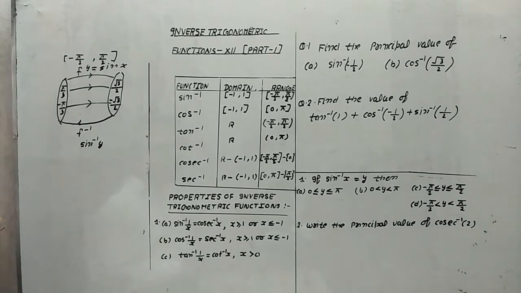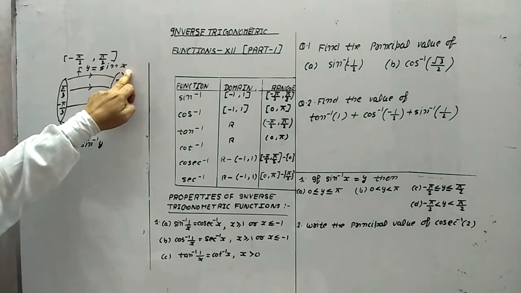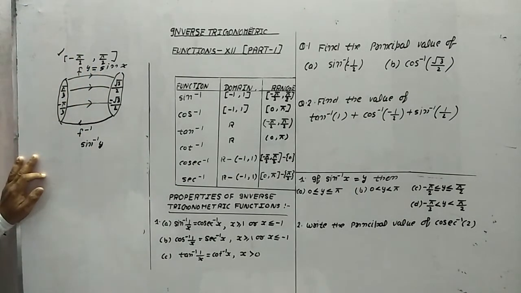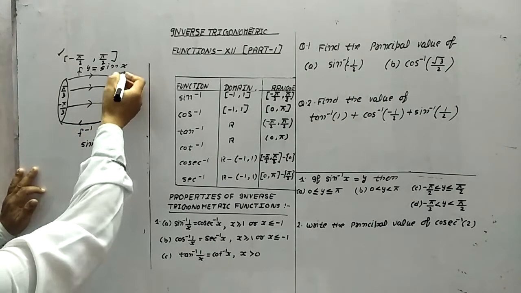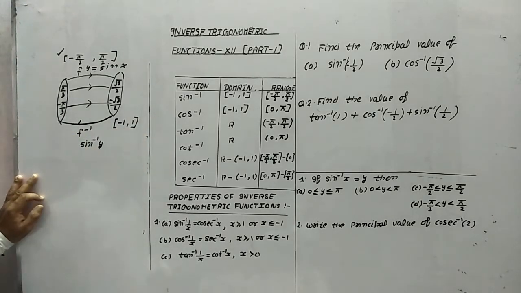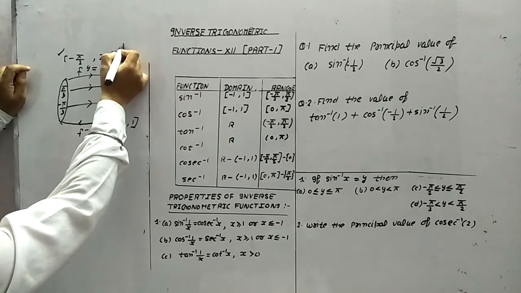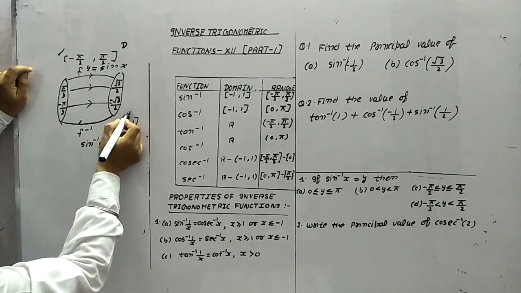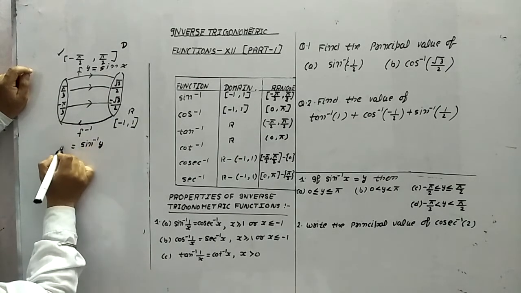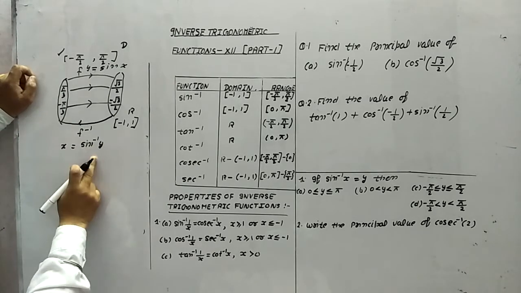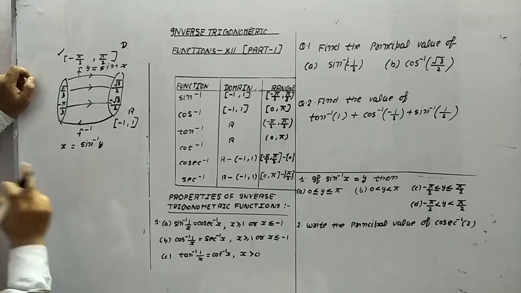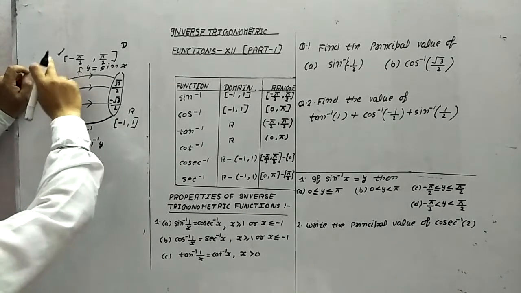But one thing we have to remember, if we are taking y is equal to sin x, then this is the domain, and you will see that the values that come are always in this situation -1 to 1. It means in y is equal to sin x, this is the domain and this is the range. Okay, and if we have x is equal to sin inverse y, it means in this case the domain will be -1 to 1 and range will be -π/2 to π/2.